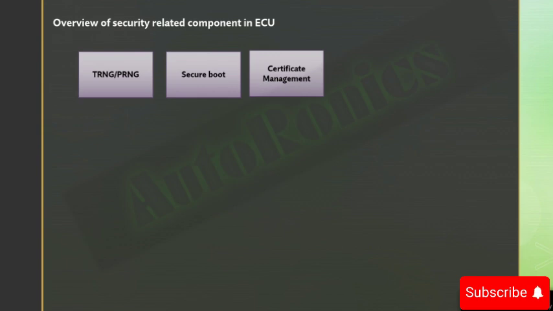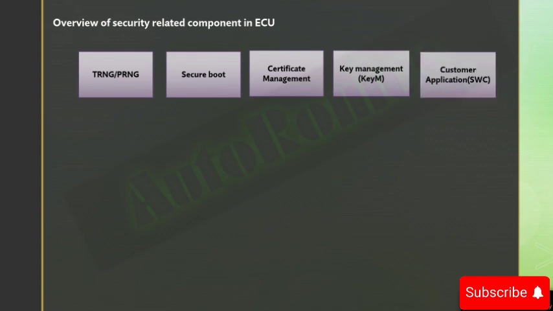And then the certificate management, which provides the provisions for storage of certificates and a chain of trust so that all public keys used for signature verification are verified. And then comes the most important component, which is key management, where the keys are stored in the secure area. We'll see this module in depth in the next session, because storing the key is more important. If the key is vulnerable, then it will be easy for a hacker to retrieve the actual data.